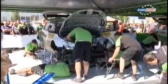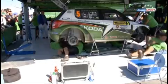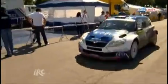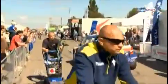Okay, I lost one junction. I was going a little bit straight over there, but still, it's very, very quick. So we will see. We try to do our best, and we will see if it is enough for the first place. Whilst Kopecký tries to keep his head and fight for the rest of the crew, the crews fix